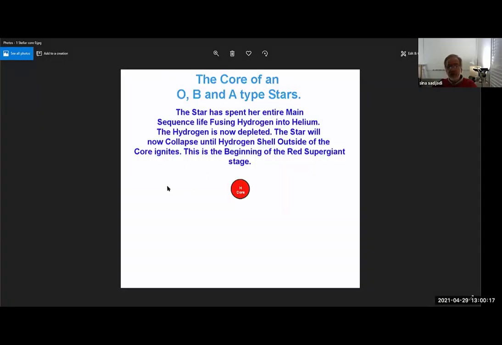So this is a core of an O, B, and A star. Outside of here is the star itself. Outside of here, there is a whole bunch of hydrogen that is unused. Here, hydrogen is under tremendous pressure and temperatures, and this is where all the energy building is going on inside